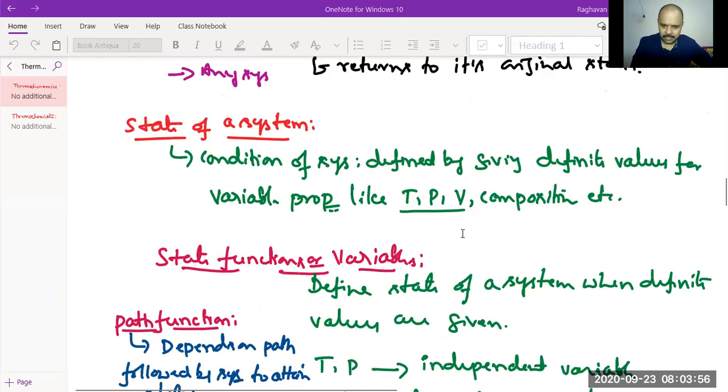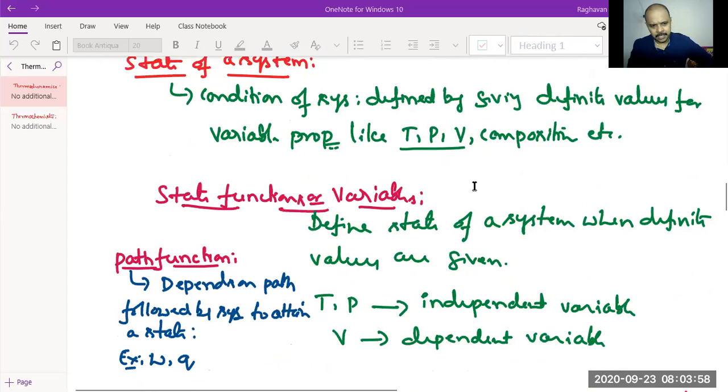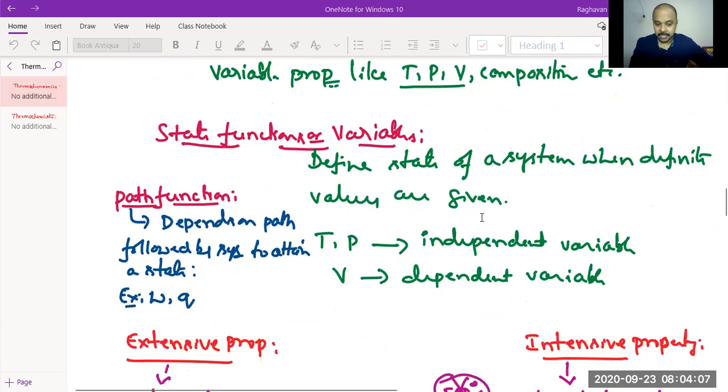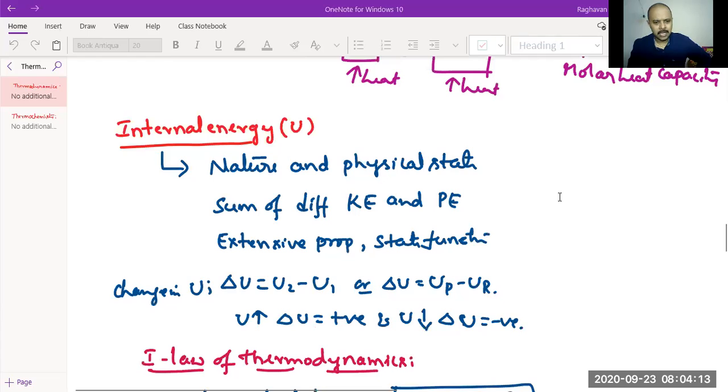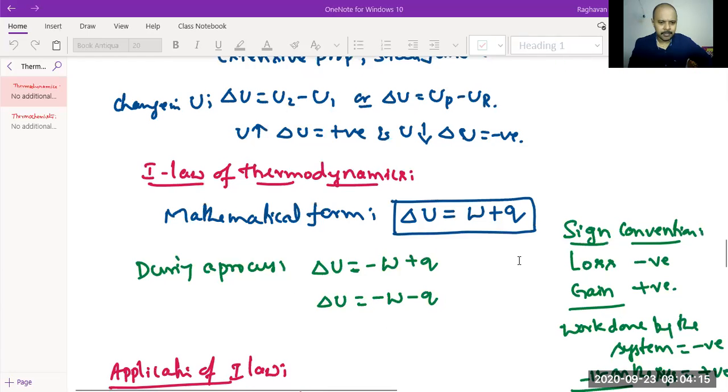What is the state of a system? It is the condition expressed by giving definite values for certain variables like temperature, pressure, volume. It may be solid, liquid, gaseous state of a system, right? State variables, state functions, extensive and intensive properties, internal energy concept, and then the first law of thermodynamics, mathematical form,